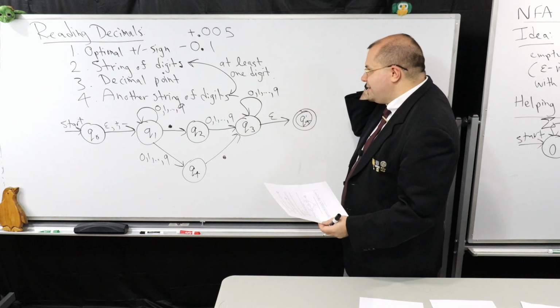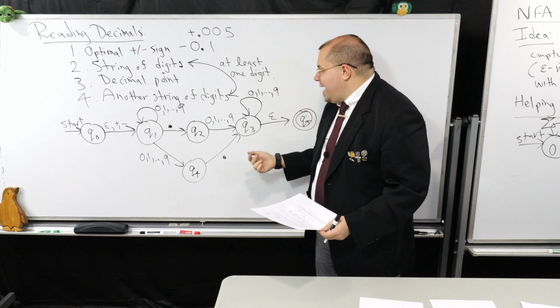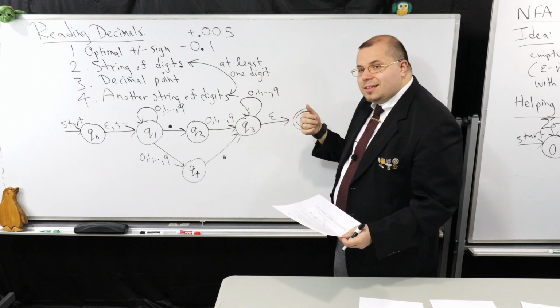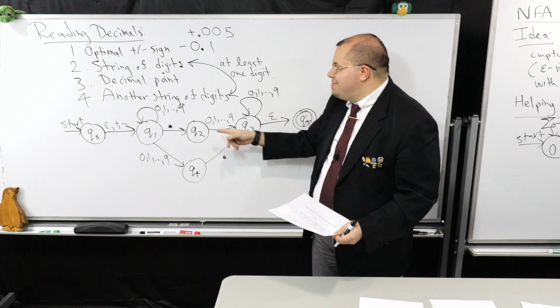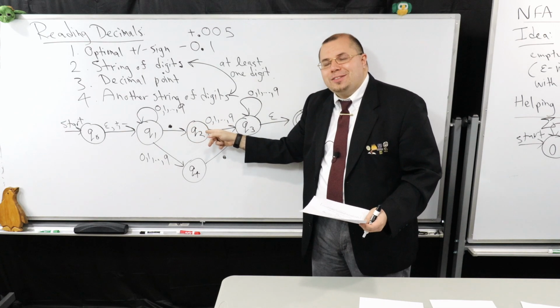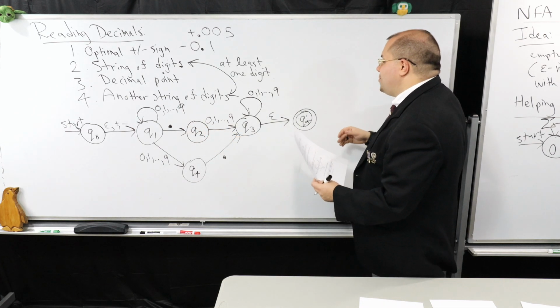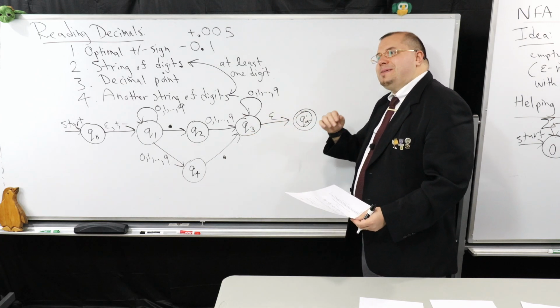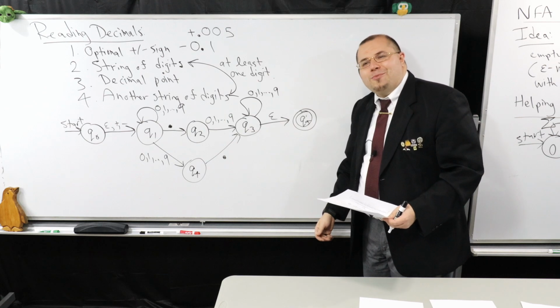Remember, this is an NFA still, right? And then I could read, this guarantees me at least one symbol on the right side of the decimal point if I decide to immediately transition over here from a dot. So notice that this will allow me to put as many in on the right side, but we have an epsilon transition that lets me get right to the final state if I don't want to enter any more in.